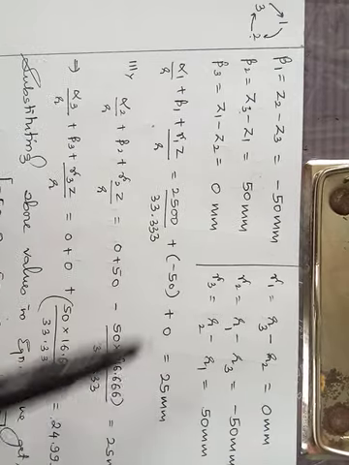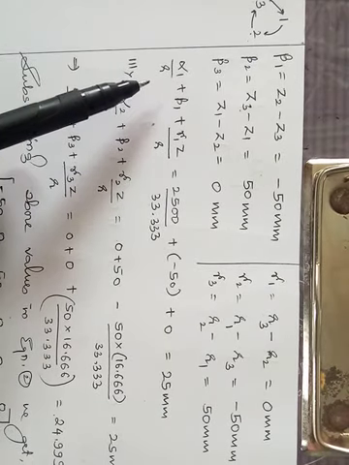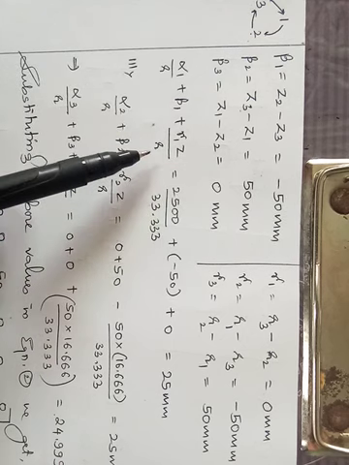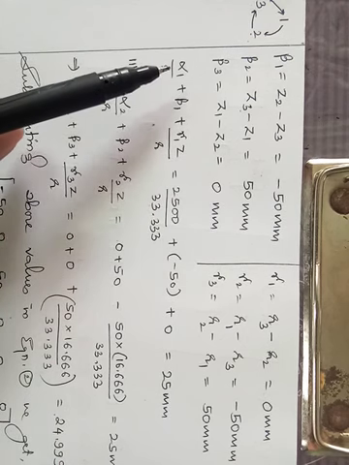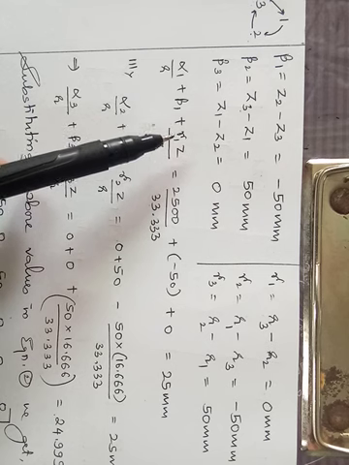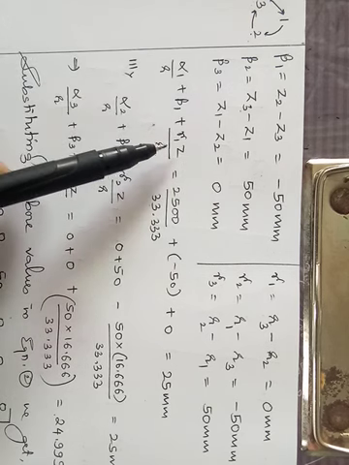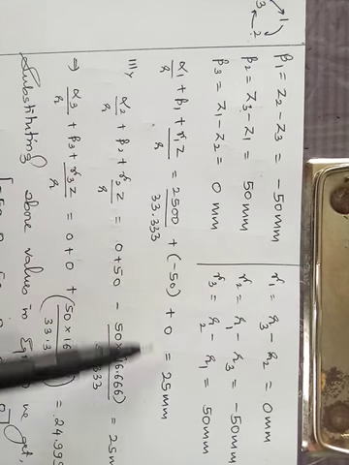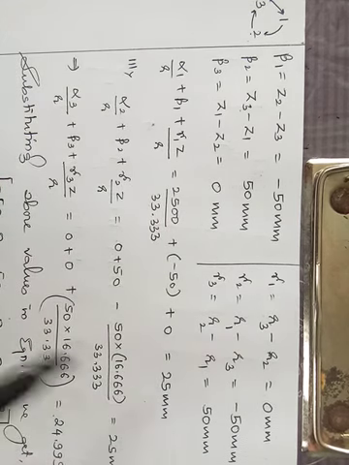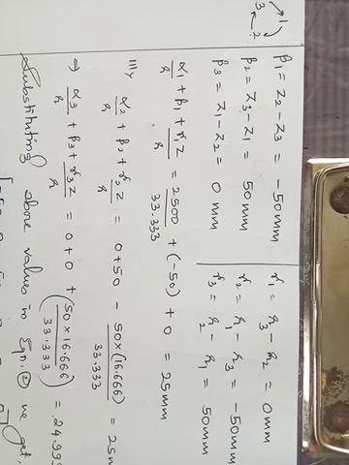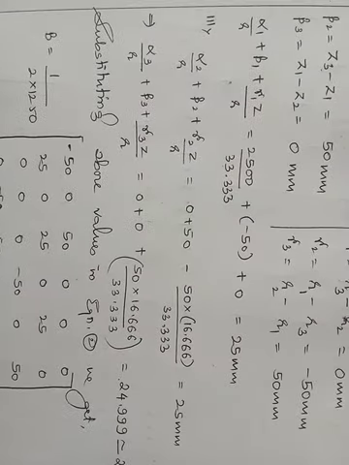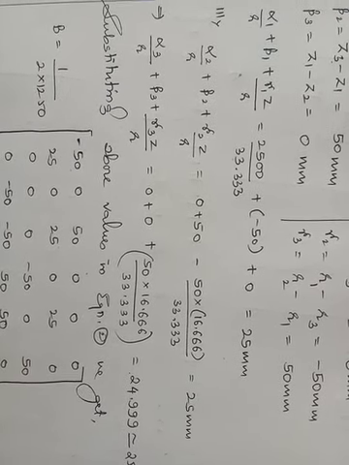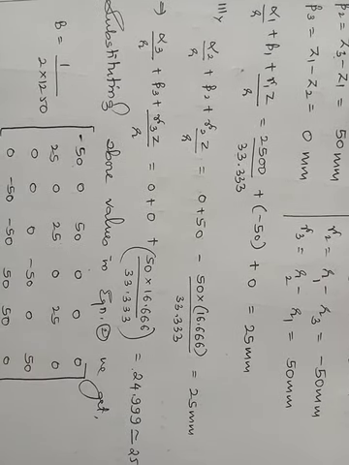Right? So in the second row you need such elements where you are having alpha 1 divided by r plus beta 1 plus gamma 1 z divided by r. Now I know the value of alpha 1, I know the value of beta 1, I know the value of gamma 1, I know the value of r, I know the value of z. So since all the values are known, I'll put everything and I'll just get some numerical value. So it is coming out to be 25 in the first case, in the second case also it is 25, and in the third case it is 24.999, which is 25.